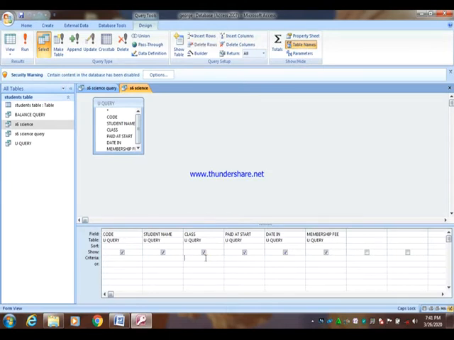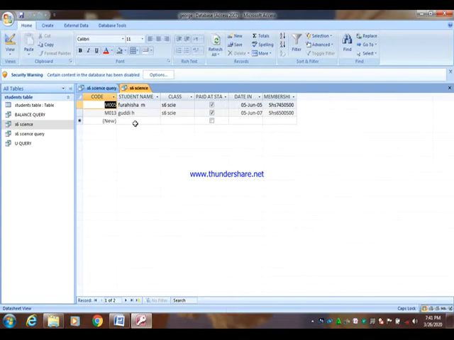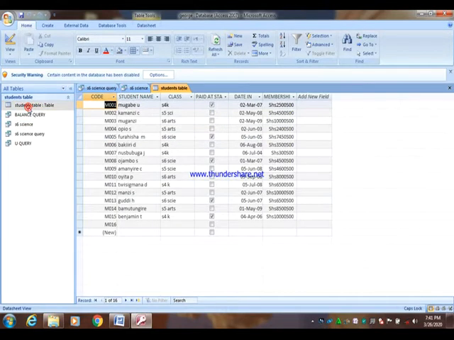Query for only senior 6 science. So you find that we only have those students who are in science class, meaning that that is also a query. And also we have what we call a form as an object.